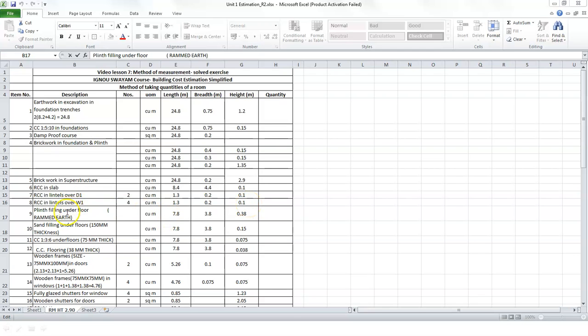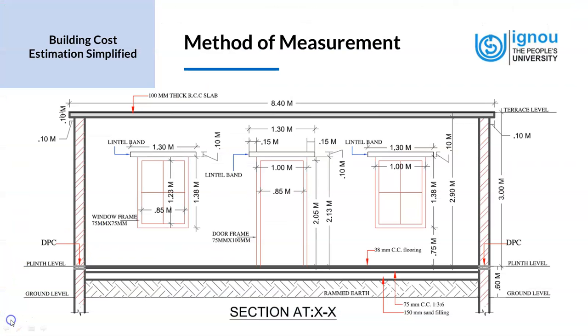Next, we look at the plinth filling under floor. The first item under that is the rammed earth. So let's see how the rammed earth measurement is taken. For this, we'll again go back to the section drawing. So we are on the section drawing, and we have the outer dimension of the room as